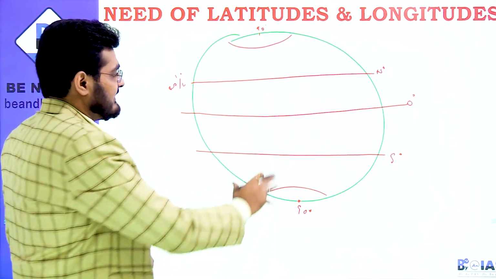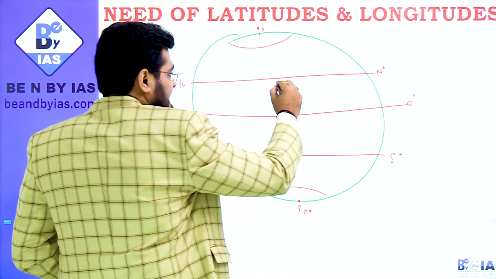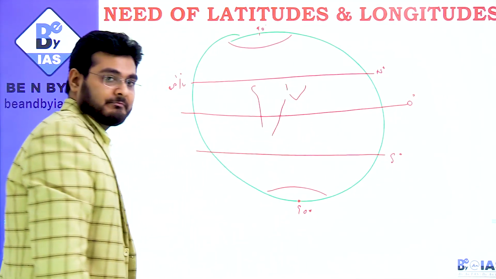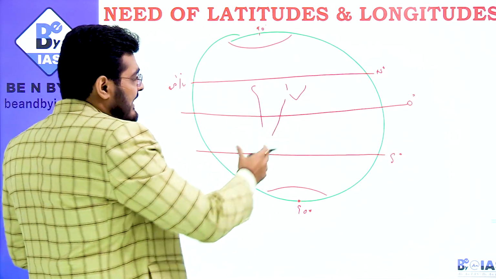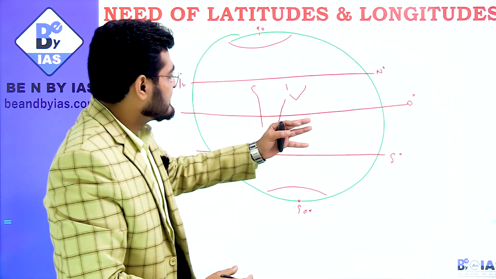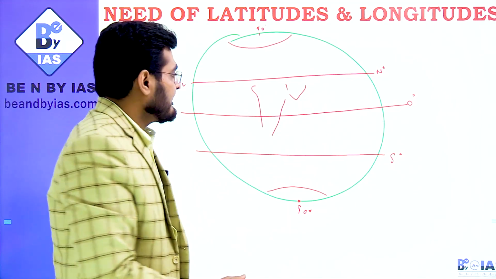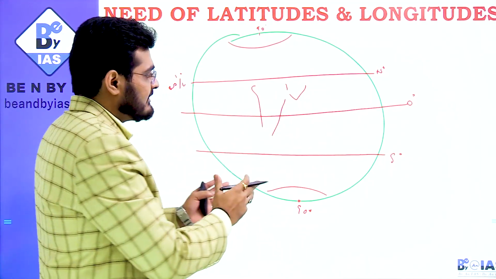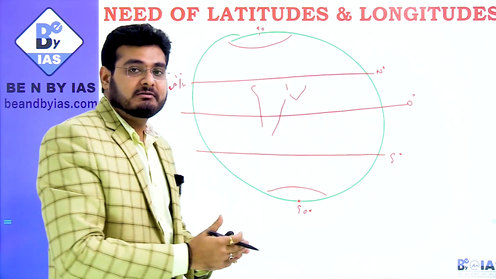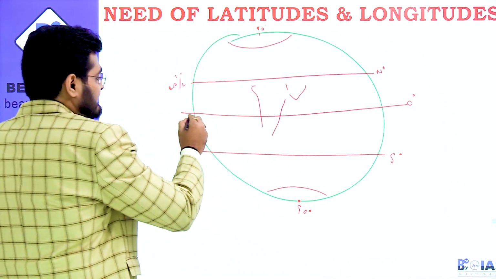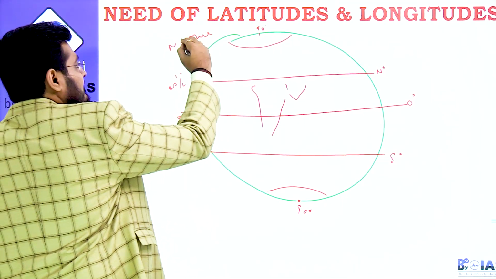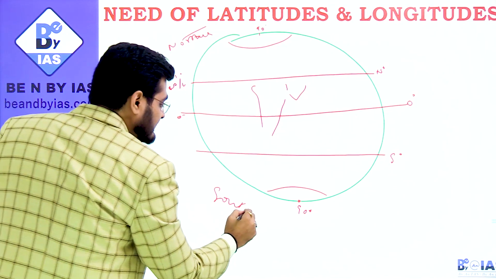But you understand, now this is 0 degree, and somewhat here our India is there. Somewhat here Africa is there. Okay. So now why is it important to understand 0 degree or 23 degree and all? Because when I ask you in a simple manner, India lies in which of the hemispheres? So this is divided by the 0 degree equator. This is your northern hemisphere and this is your southern hemisphere.